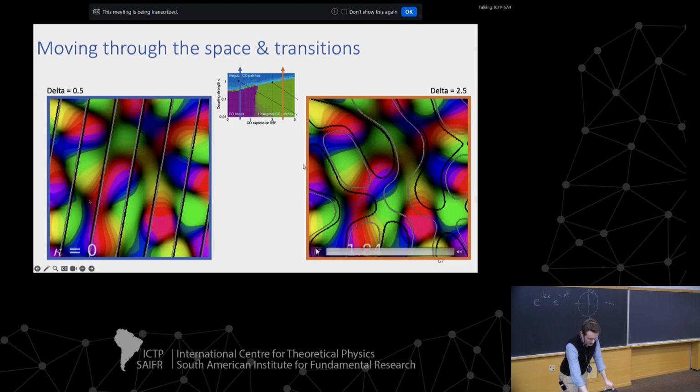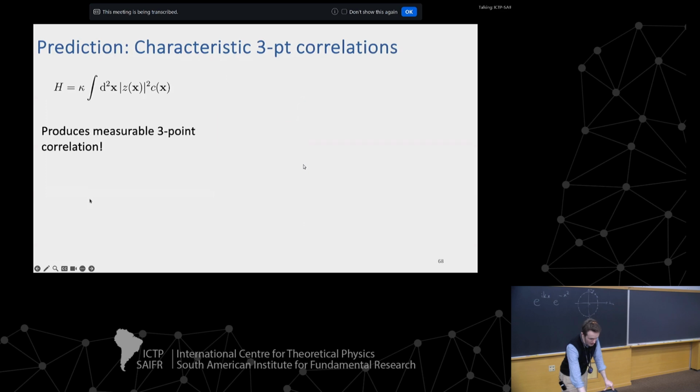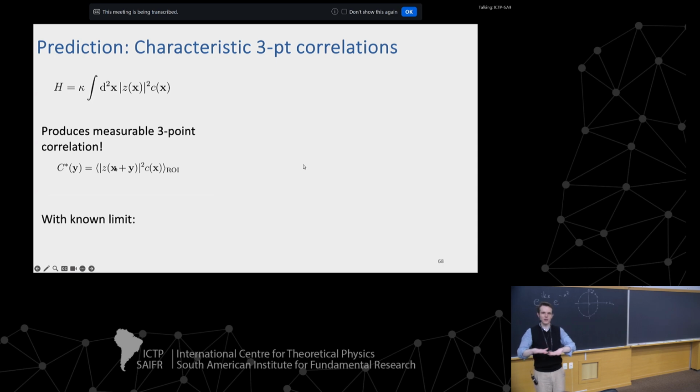Once we have these arrangements, we can look at what they look like by computing this 3-point correlation between both and their spatial arrangements. So we can shift, say, the orientation layout relative to the CO layout a little bit and measure how this correlation falls off with space. If the arrangement of these maps is in fact optimal, then we would expect that this 3-point correlation as a